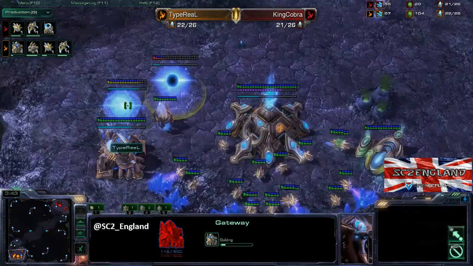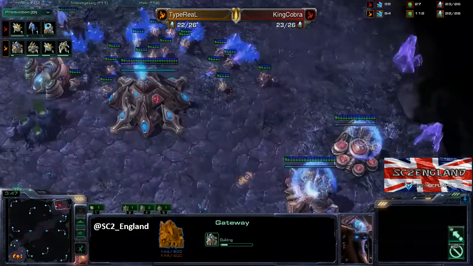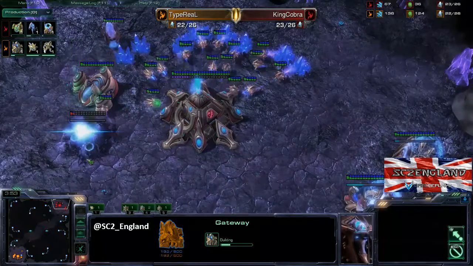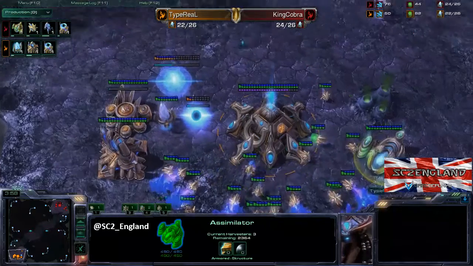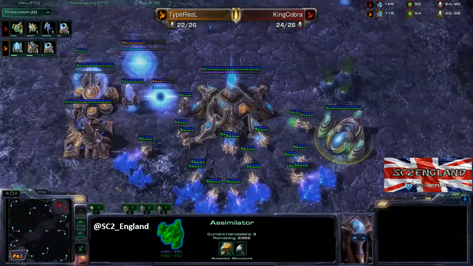A second gateway just thrown down here for TypeReaL, and we'll see how that plays in. Obviously it allows him to get a bit more production out sooner. The second gas is coming down for Cobra here, so there's the first variation. And now, having only one gas would suggest that maybe a couple more gateways are coming in,